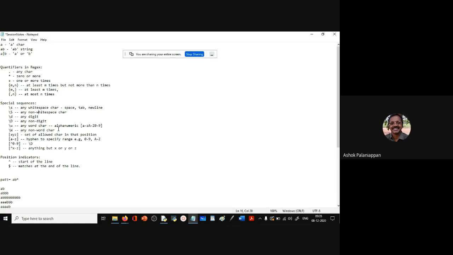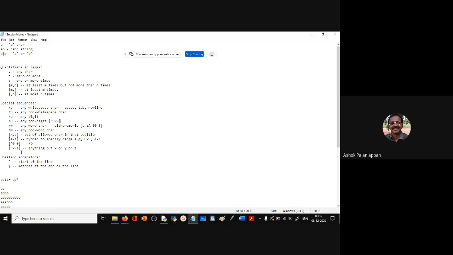So we can match white space or non-white space. We can match digit or non-digit. We can match word or non-word. Now set of allowed characters we have already seen. Hyphen can be used to specify a range within the square brackets. And caret symbol inverts the sense. So if you say caret 0 to 9, it means non-digit. So this construction is what is non-digit. So these are all alternative ways. Whatever you are more comfortable with in thinking about, you can use it. As you keep using it, you'll prefer one over the other. But it's good to know that both options exist.